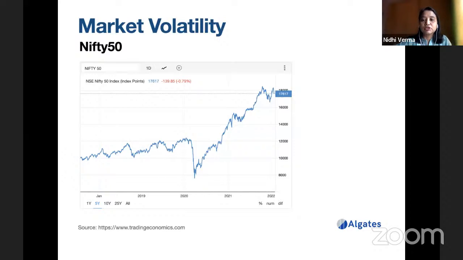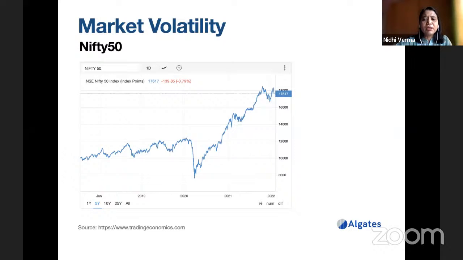This was huge in terms of percentage and the kind of time span it took for Nifty to go down more than 2,000 points. So it can really spook new investors who have just started investing, because if they see their investments coming down, it can bring in a lot of fear in them. So we will see why this happens, and then how we can navigate this kind of volatility in the market.